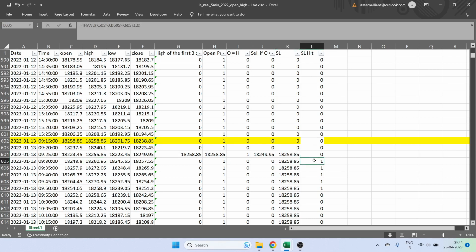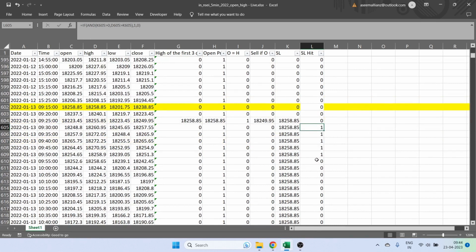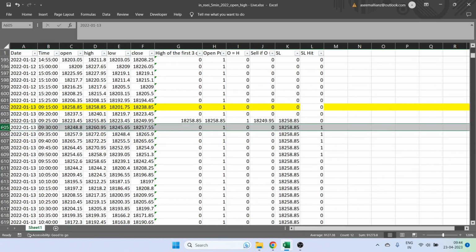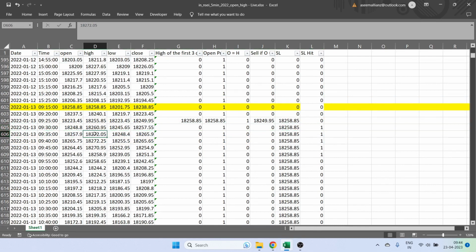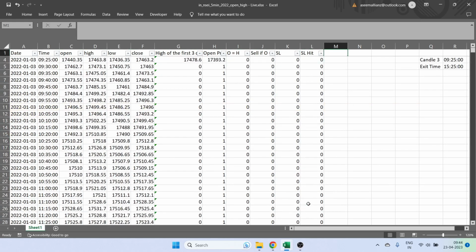That tells me that yes, the stop loss was hit. But here the problem is that you are getting multiple stop losses hit. You can see even this row the stop loss is hit, even this row the stop loss is hit, because 18272 is more than 18258. So there might be a confusion about when the stop loss actually got hit, and we do not want to take multiple exits. So I will make another column called final exit now,